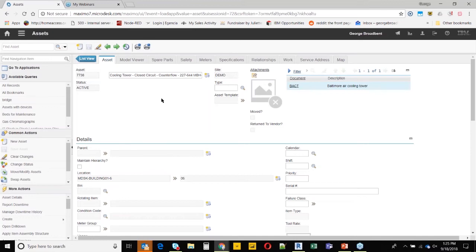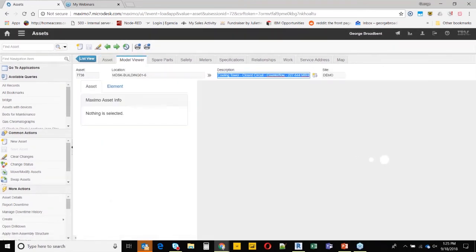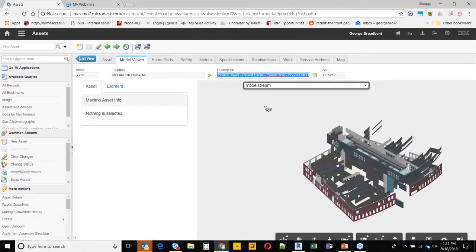So again, this is a very tabular type of interface. It doesn't give me a whole lot of context about where this asset is located, other than the fact that I know it's on the 6th floor because that's the location that I selected. The one tab that's here is the Model Viewer tab, and this is really the tab that gets added as a part of ModelStream. So when I click on Model Viewer, what you'll see is that